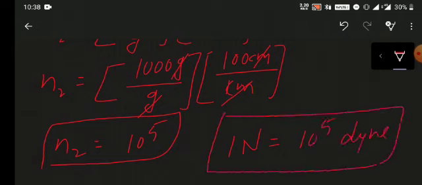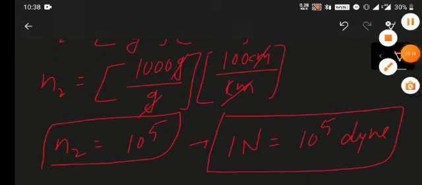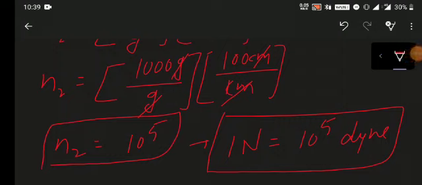Okay, so this is the first application based on the dimension analysis. Have you got this point? I think you easily understand these things. So you can easily convert all the terms in a respective form like SI to CGS unit and CGS to SI unit. Now the next application we will discuss in the next class.